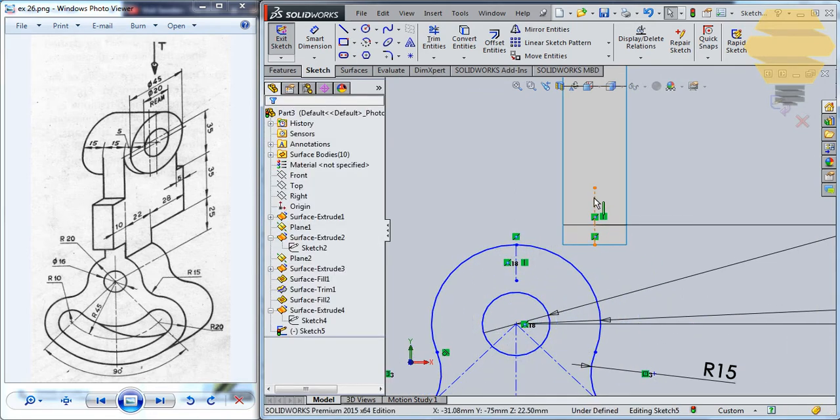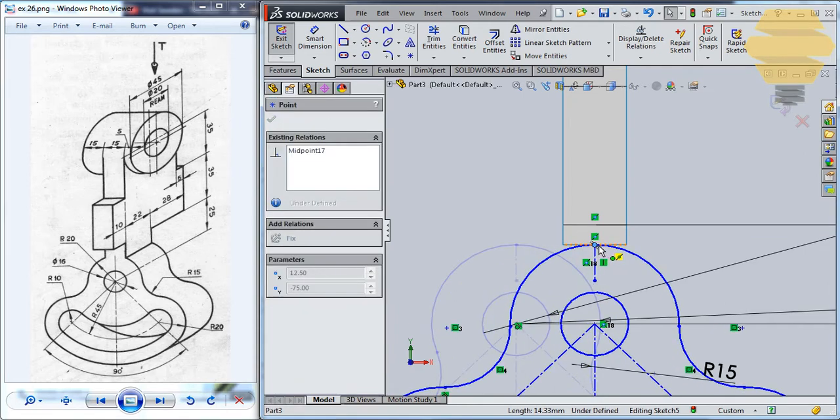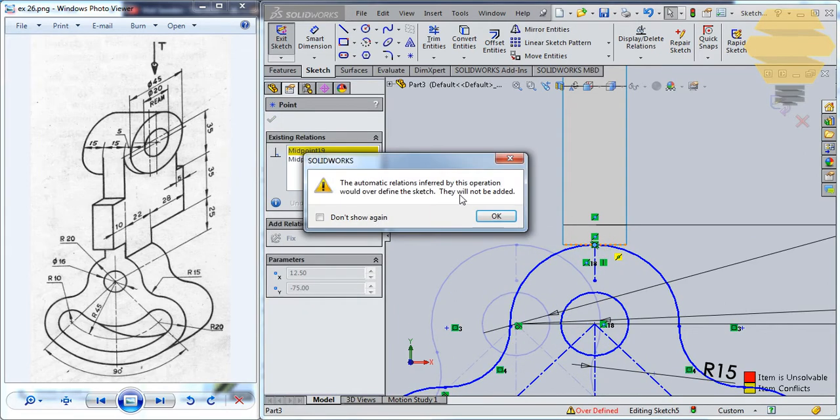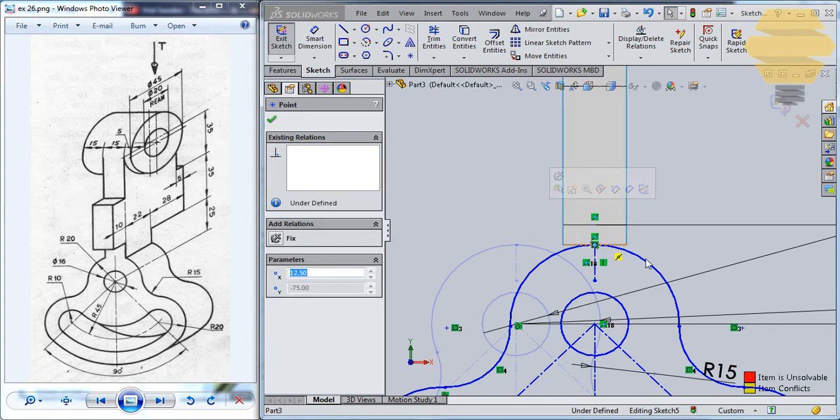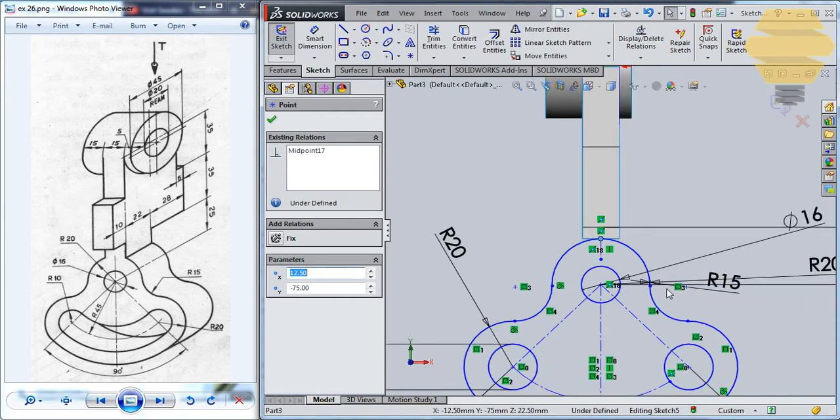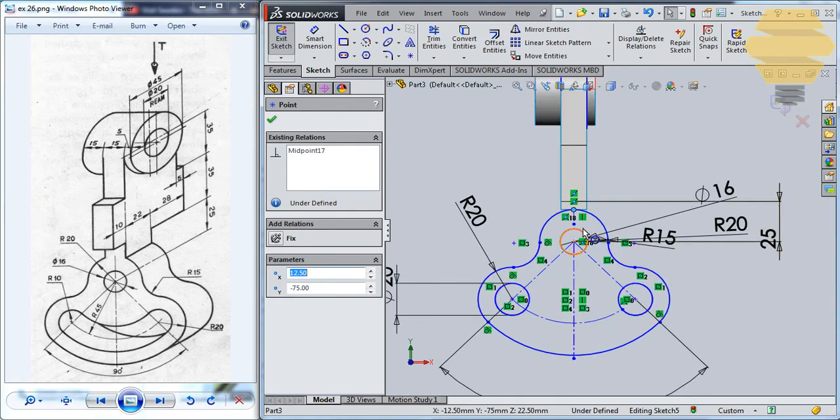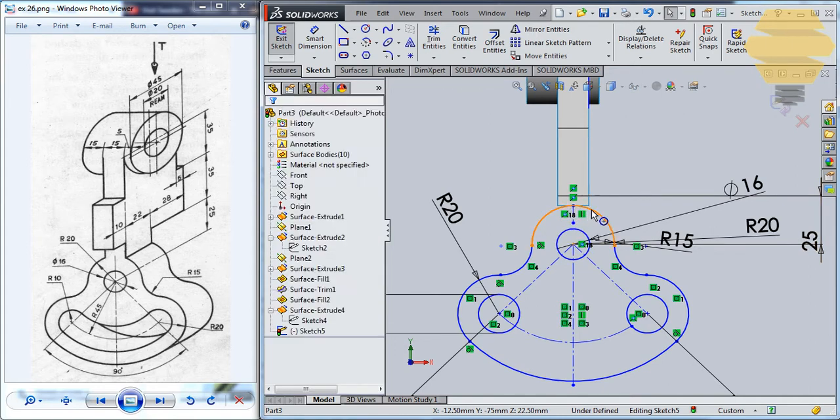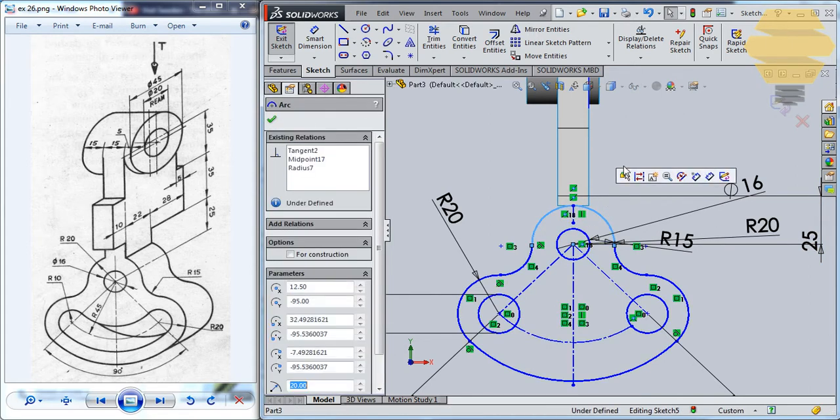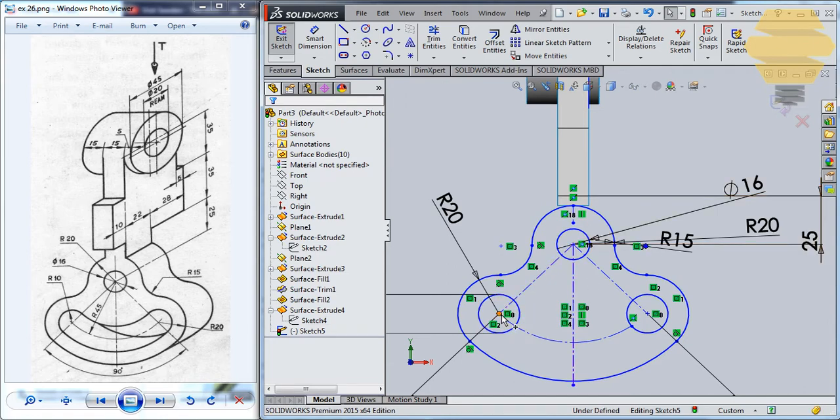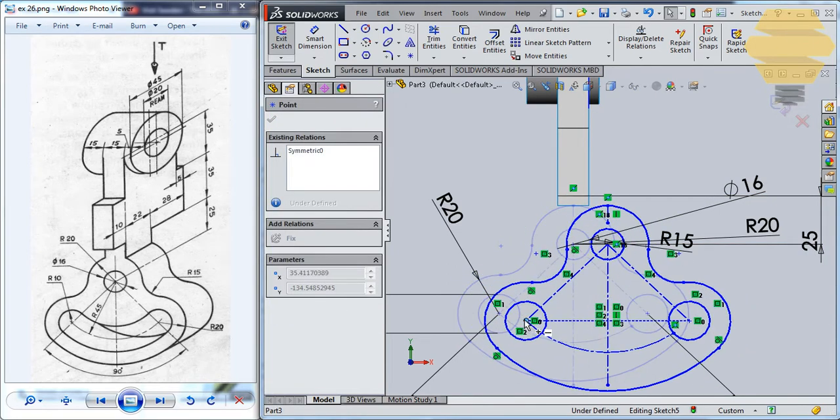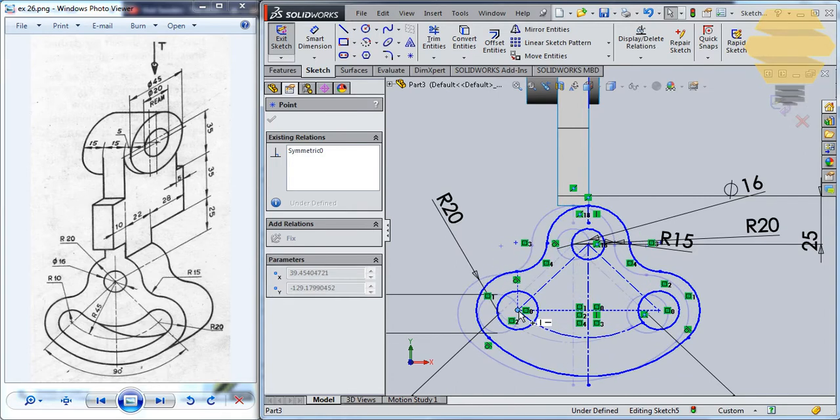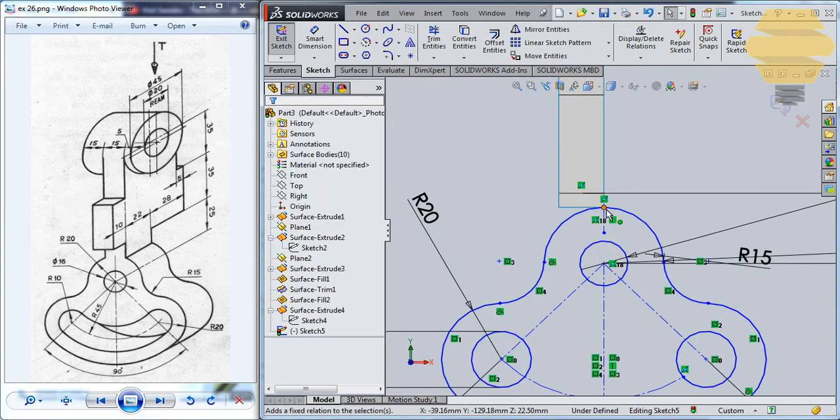Okay, I'll do one thing. Let me just remove this, and let me try to move it. The automatic relation inferred by the operation would over-define the sketch. Okay, but nevertheless it worked now. But still the sketch is not fully constrained. You can still see that things are not in place, so definitely